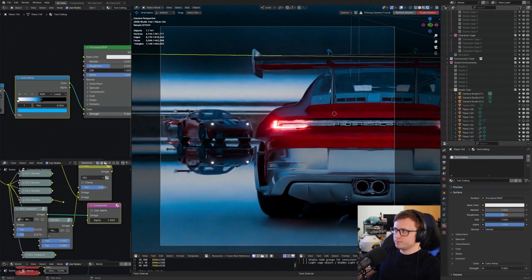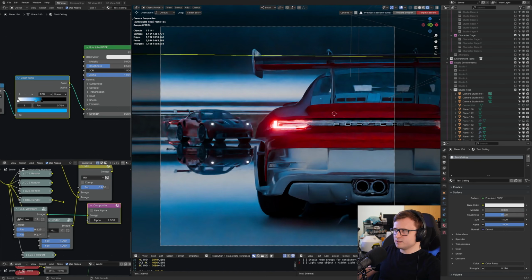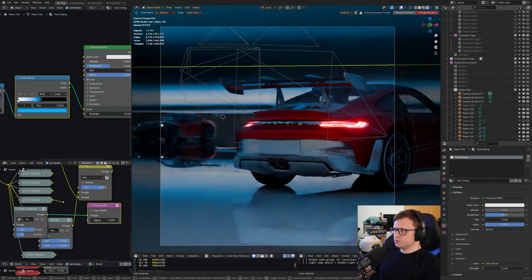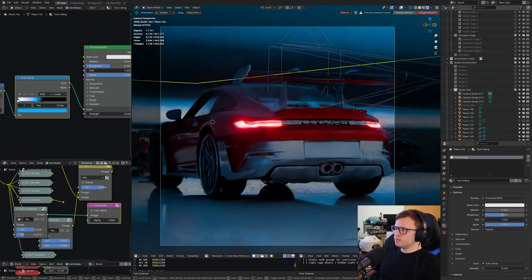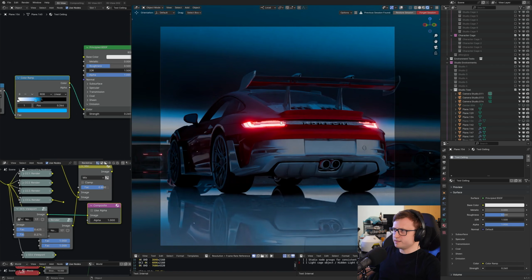So let's brighten that up a bit. Whoops, a bit too much bloom there. I kind of like going for slightly darker scenes, I've noticed, because if we start using extra invisible light objects to accentuate the curves of the cars, that's where the real character comes in. Just playing around with the camera angle a little bit more. Maybe I'll focus a bit more on just this car for now,